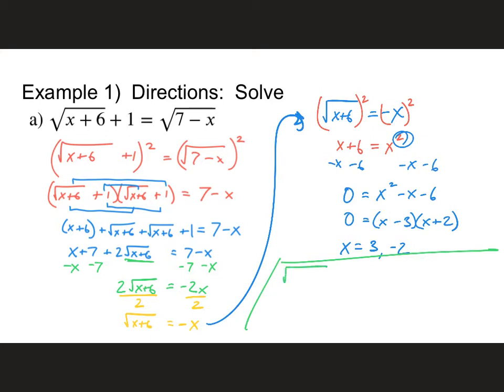So let's see here. I have the square root of 3 plus 6 plus 1 equals the square root of 7 minus 3. Let's see here. That's the square root of 9 plus 1 equals the square root of 4. The square root of 9 is 3. 3 plus 1 equals 2. Uh-oh, this one does not work. So 3 is not a possible